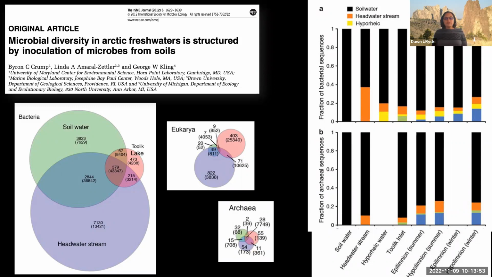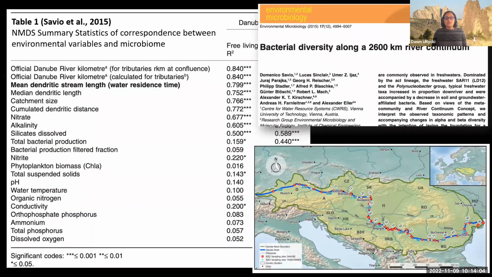So we learned from the literature that freshwater microbial communities are actually seeded from microbes that are passively dispersed from the upslope environment. We also found that community structure was statistically related to characteristics of the catchment. So in this paper by Salvio et al., they reported that hydrologic characteristics like river mile, the distance downstream, and the size of the catchment explained more variation in community structure than physiochemical parameters like pH and dissolved oxygen, comparing communities sampled along the entire continuum of the River Danube.